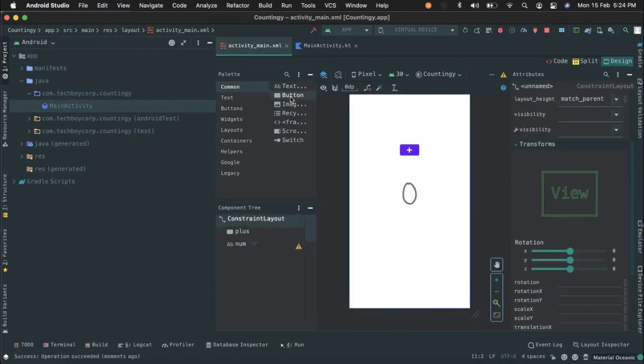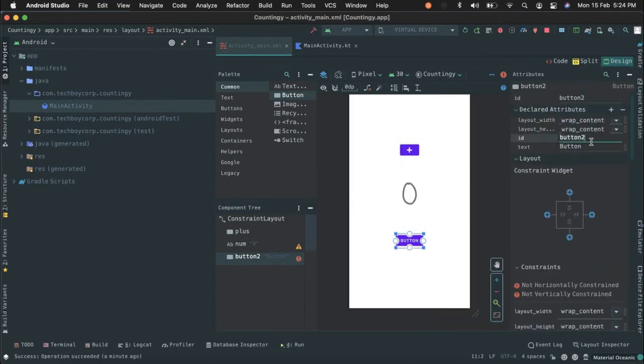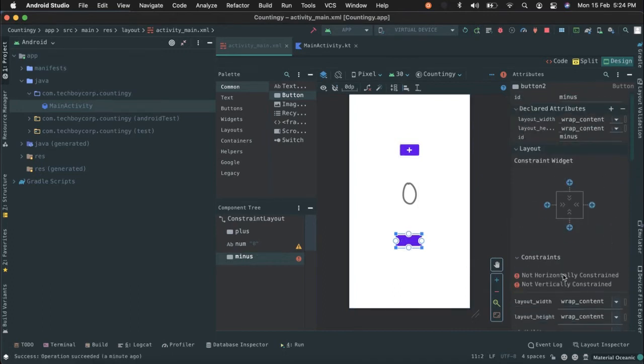What I'll do is drop a new button over here. Okay, what will this new button have? Let me change its placing. This button will be our subtraction button. Okay, so I'll write minus. Let's write minus, and I'll refactor the ID. Right now we need nothing because we're going to be adding an icon like we did to our plus button. Okay, so let's press enter over here, and now this is blank.